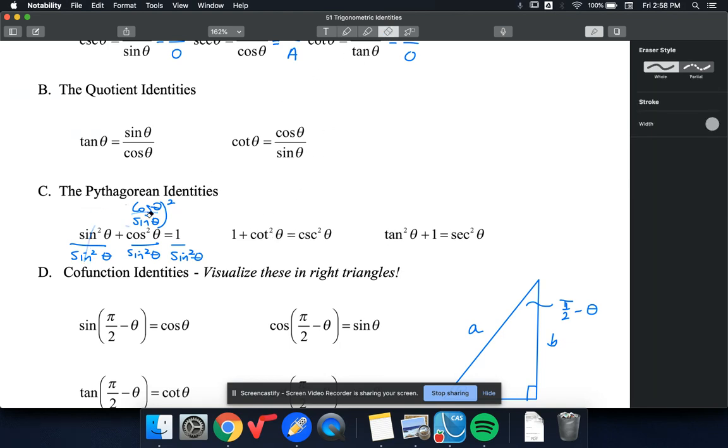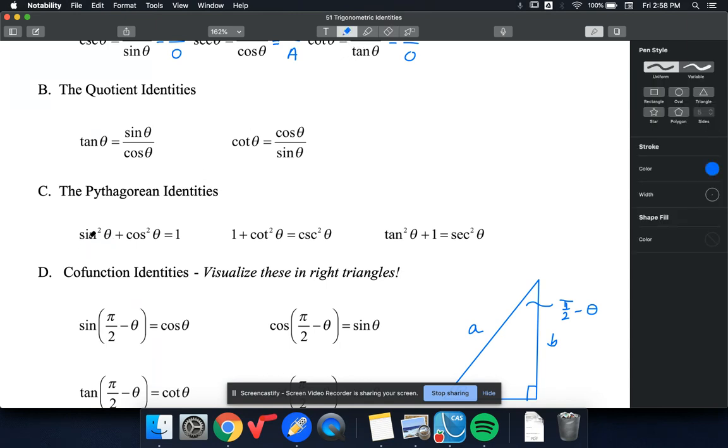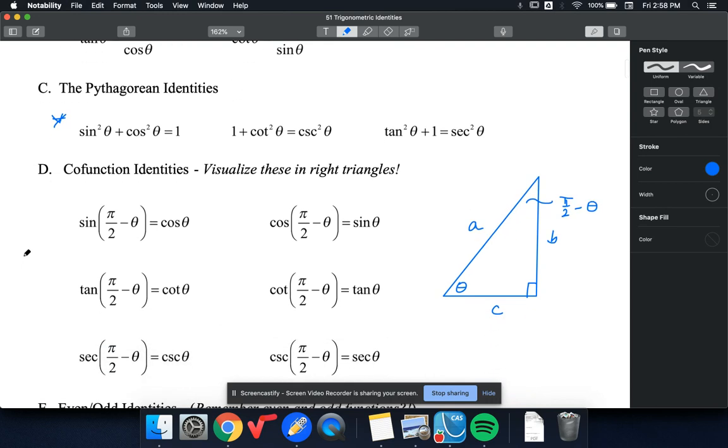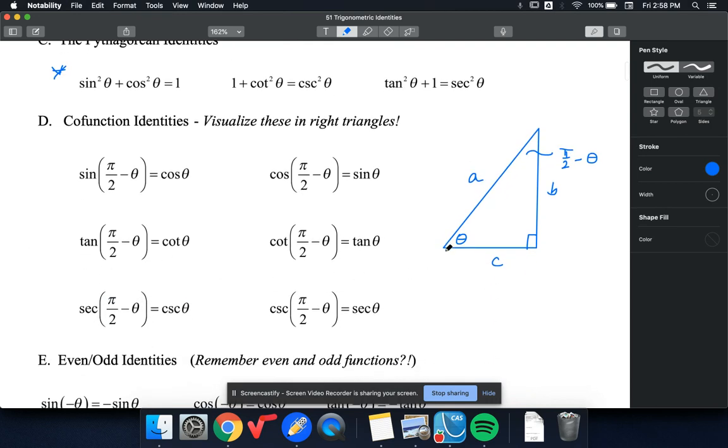And then if I had done the other way and divided through by cosine, then sine squared over cosine squared, tan squared, cos squared over cos squared, 1 over cos squared, secant squared. So with the Pythagorean identities, I only have this one memorized because I know that I can always make these two really quickly. Similar with the cofunction identities, I don't have any of these memorized because I can quickly draw